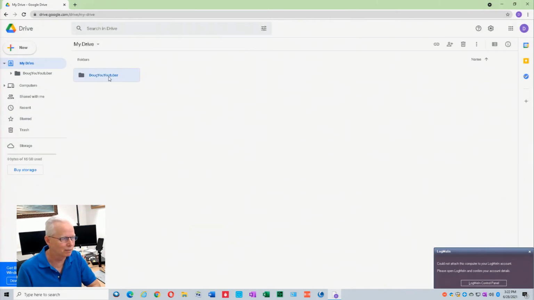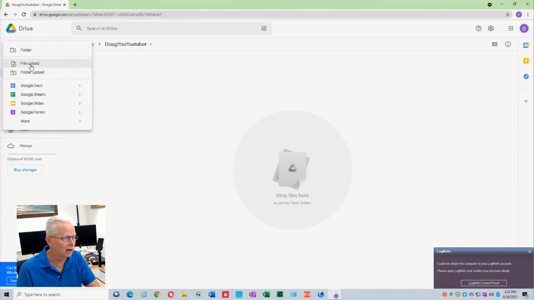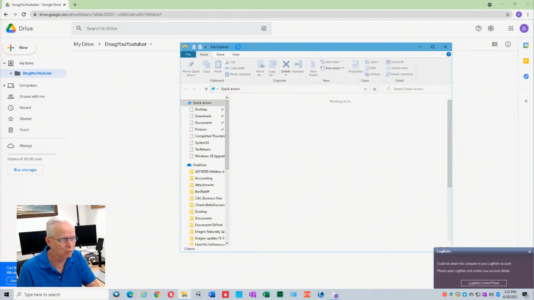So now I have a folder, and the intent behind this is I'm going to put files in there that I want to share with that person. So I'm going to double click on that. That gets me into this folder. Now I could drop files here by just dragging and dropping, or I could come over here to New and do a file upload. So I'll go ahead and open Windows Explorer or File Explorer, whatever you want to call it,